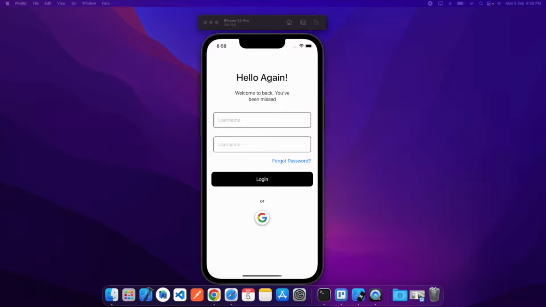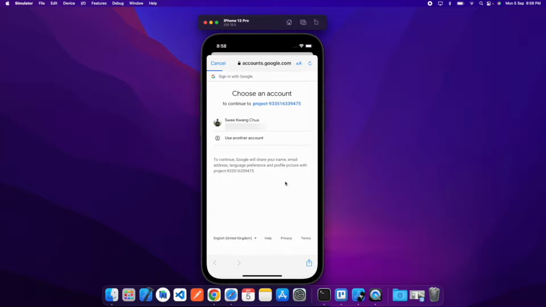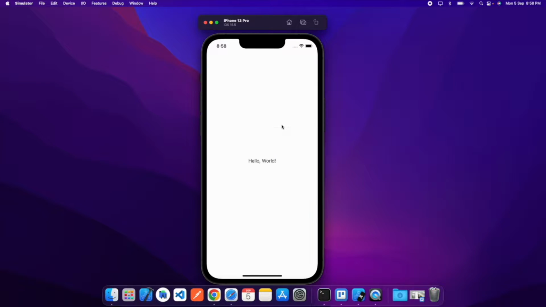Let's take a look at what you will be making. In this app, the user can click on this button and it will ask them for permissions to sign in using google.com. Once you click continue, it will lead you to the Google Sign In page. Because I had already logged in using Google in my simulator before, I do not need to key in my email and password again. I can click on my account, and if authenticated successfully, it will lead them to this